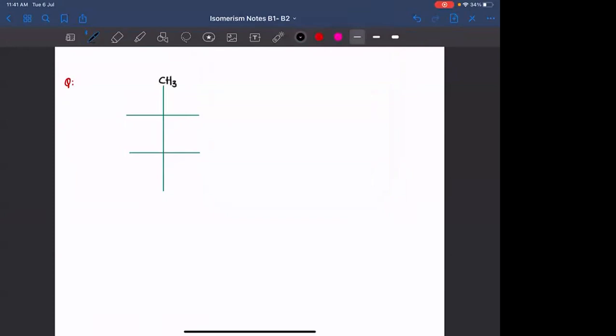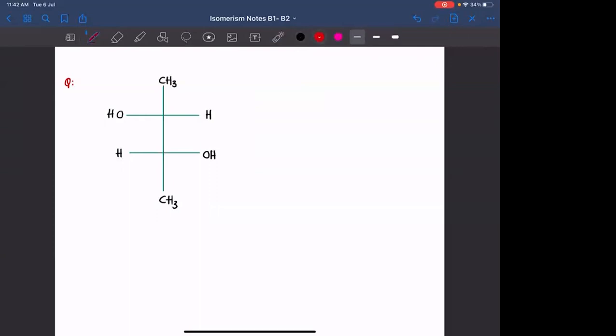CH3, you have OH, hydrogen, OH, and CH3. Tell me the configuration of this particular molecule. Everyone,